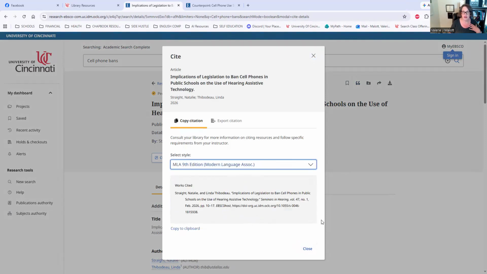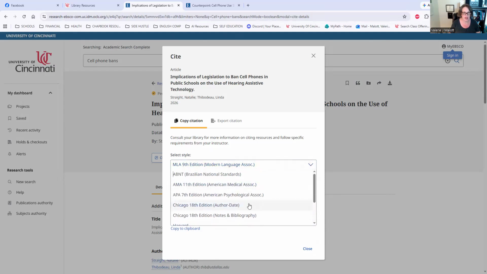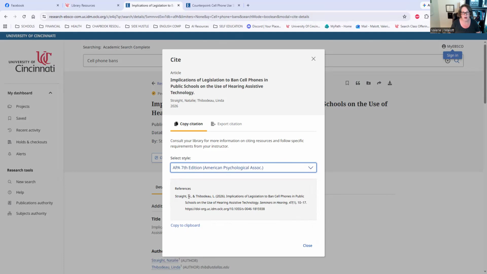So again, students in my classes use MLA 9th edition. So you would, of course, use that drop-down menu and select MLA. You'll have to scroll down. APA looks slightly different. You can see here MLA is a little bit longer. Let's take a look at APA just so you see the differences. There's usually a difference in the author's name, and then the publication date is typically in parentheses right after the author names, whereas MLA saves the publication date to be put later along with all of the other publication information,